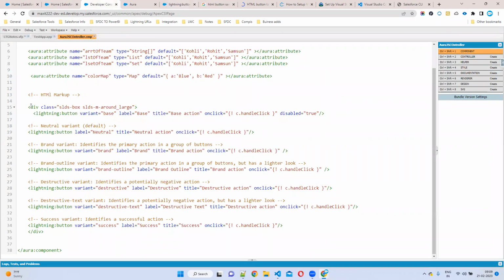There is space, yes or no? In case I want to create buttons like a group, what do I have to do, sir? There is one more tag called lightning button group. I'll show you. If you want to make buttons like a group,